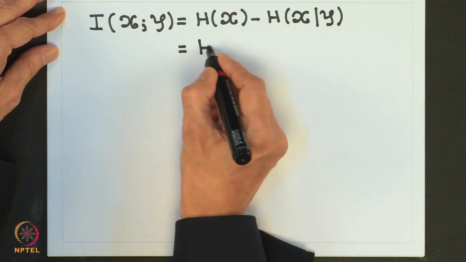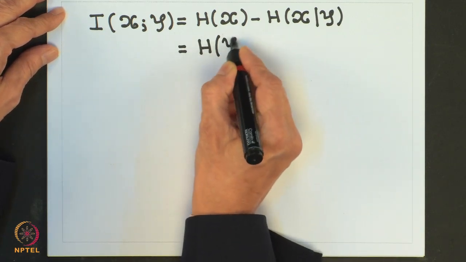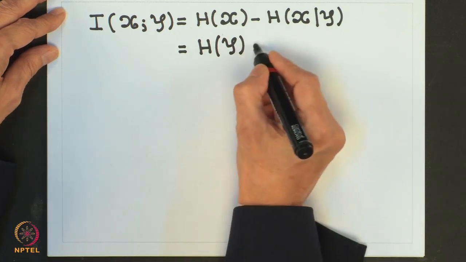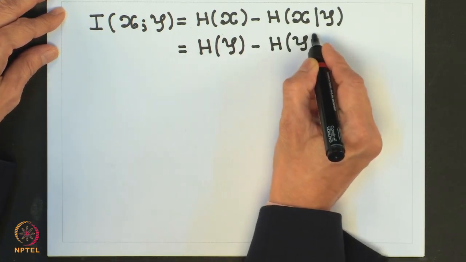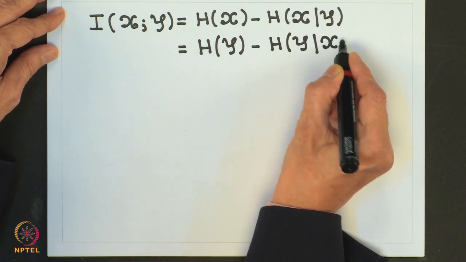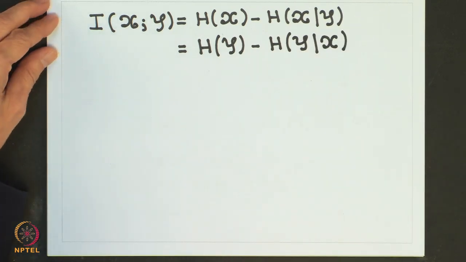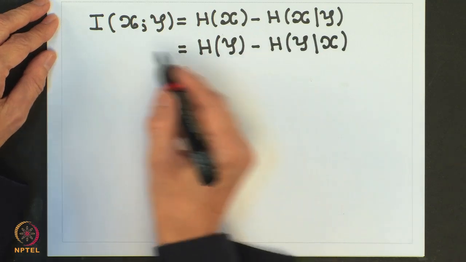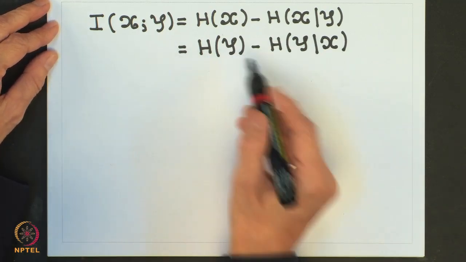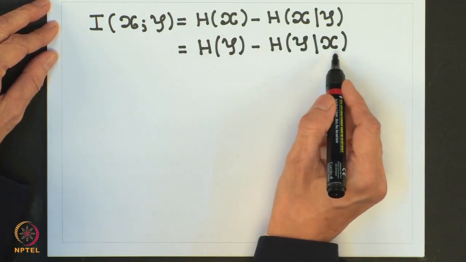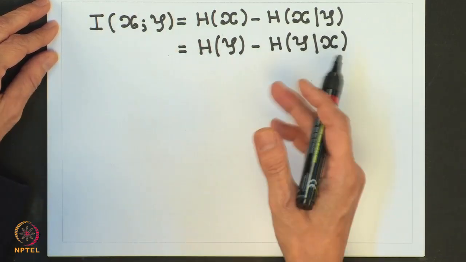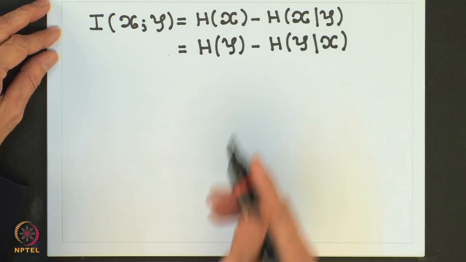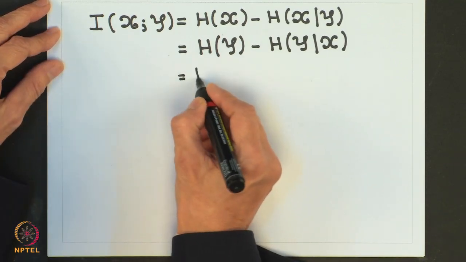This is the same as the entropy of the output alphabet minus the conditional entropy of Y given X. It is to be remembered that many times this relationship helps us to calculate the mutual information in a much faster way. Okay. So, this is equal to